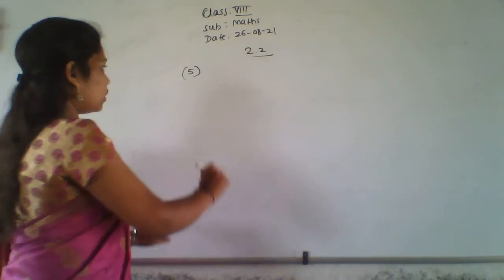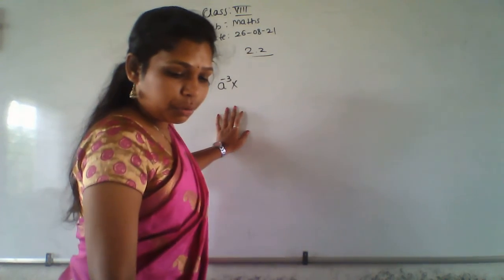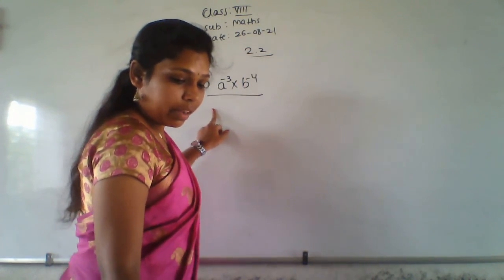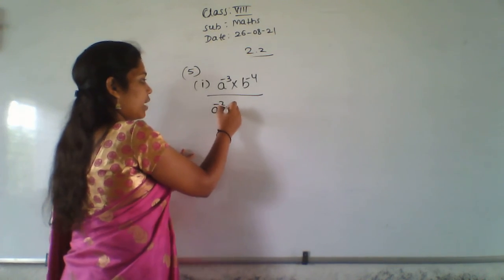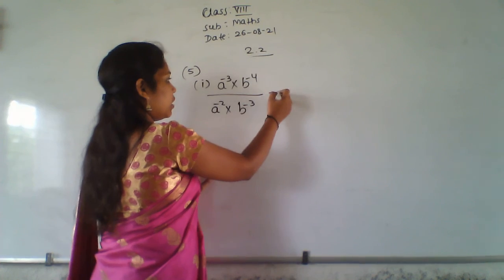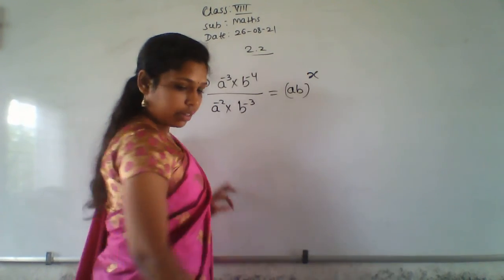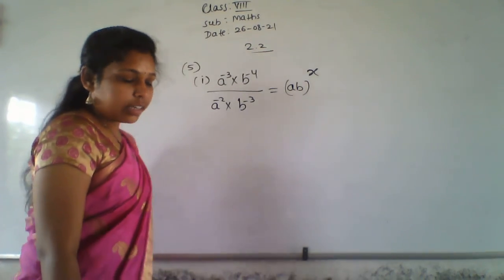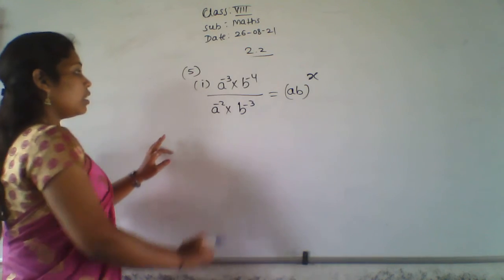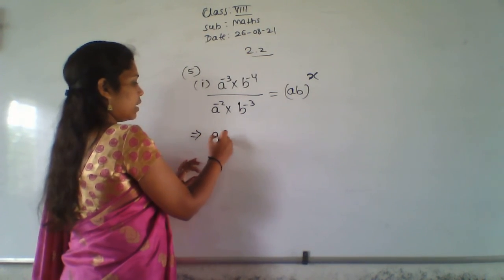The first one: a to the power minus 3 into b to the power minus 4, divided by a to the power minus 2 into b to the power minus 3, is equal to (ab) whole to the power x, given. Right? So now we have to find this x value. How to find this one? Make the correction here. So first, which implies that a to the power